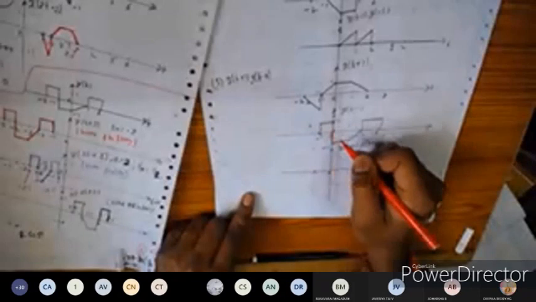At t greater than minus 1, it is 1. At t greater than minus 1 only, 1 multiplied by 0 will be 0, correct. Next, at t less than 0, at exactly 0, it is 1, and this is also 1. 1 multiplied by 1 will be 1 here. So mark it, join the line here. You should mark t less than 0, exactly 0, after 0 here.